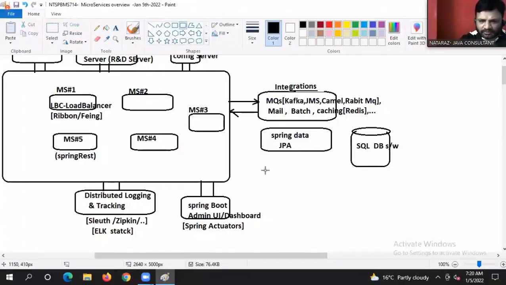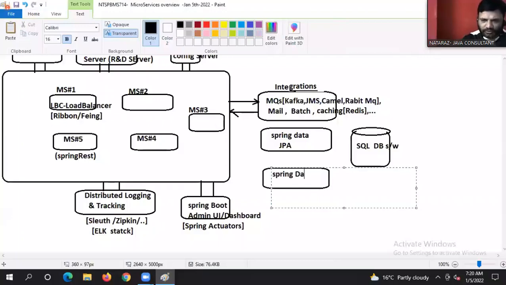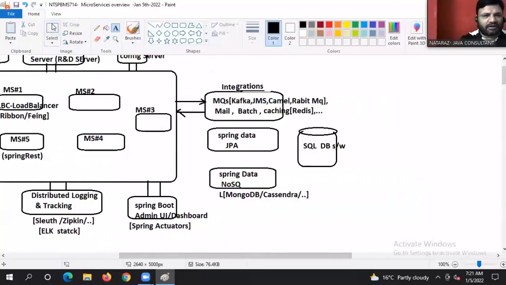Yes, boss. It uses Spring Data NoSQL. When I say NoSQL, what is that? MongoDB, Cassandra, and etc. In order to interact with what?